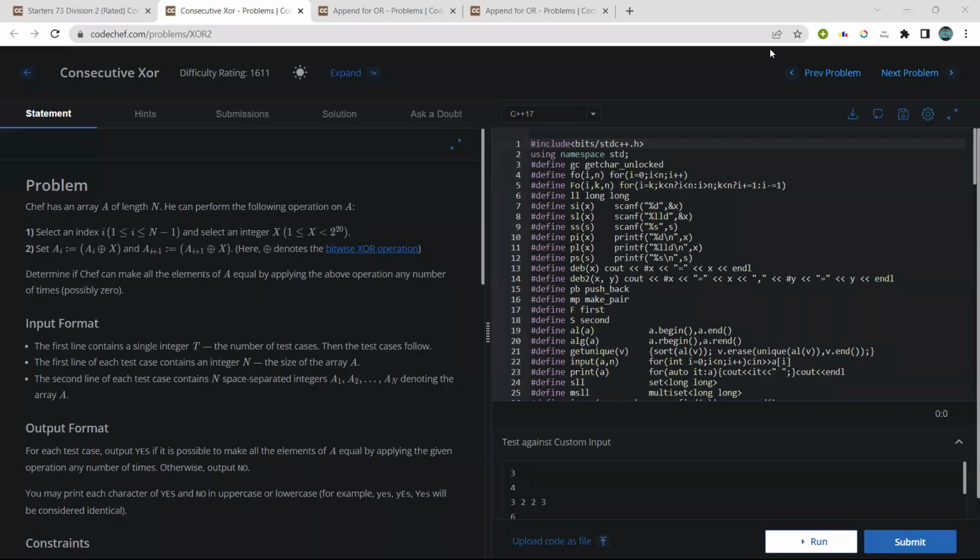So now we will solve problem 2 of CodeChef Starters 73, Consecutive XOR, which was of Div 2. What the problem says: Chef has an array A of length n. He can perform the following operation on A. Select an index I, which is from 1 to n minus 1, and select an integer x, which is from